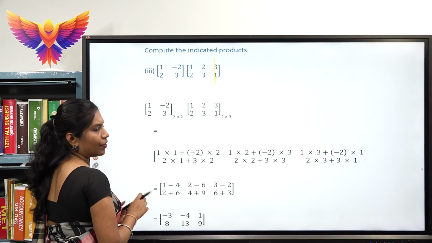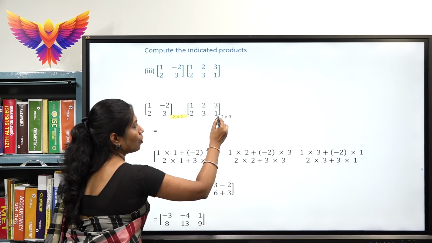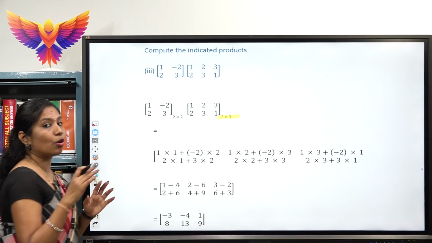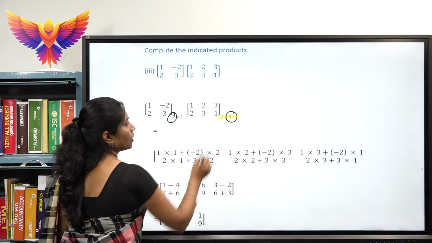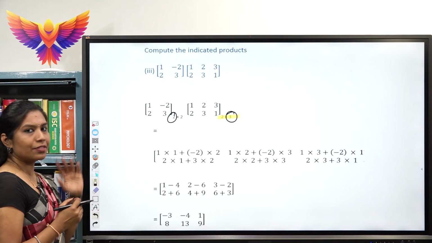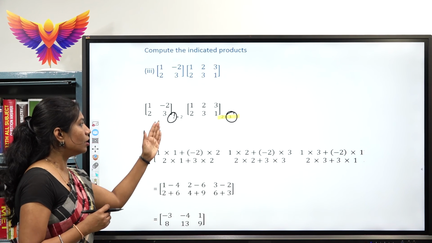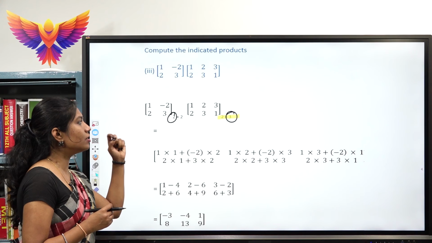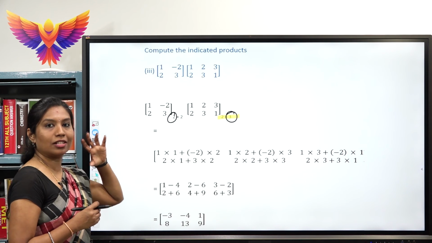So, first thing, it is satisfying. We have this matrix as 2 cross 2. We have the second matrix as 2 cross 3. The final matrix, whatever I should get, should be of order 2 cross 3. Now, how do we do that? And it is satisfying the condition. It is m cross p into p cross n. So, the number of columns in the first matrix is the same as the number of rows in the second matrix here. So, that is satisfying the condition.